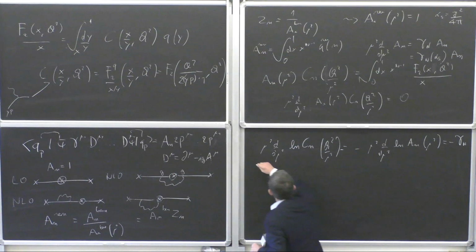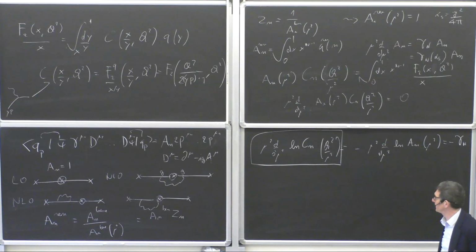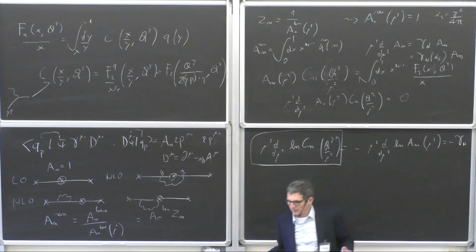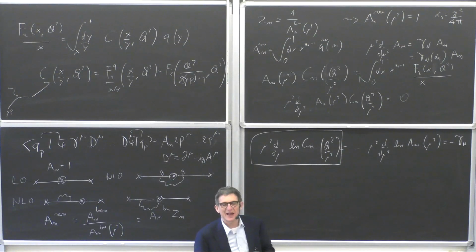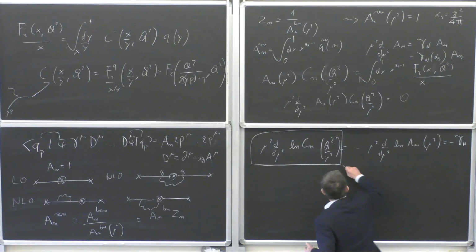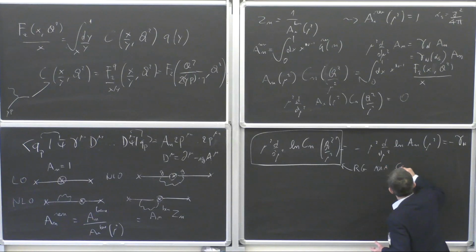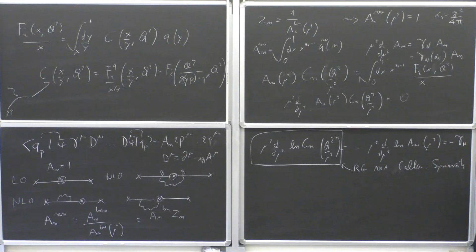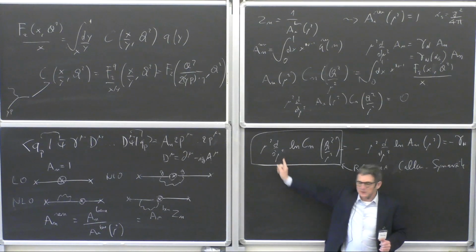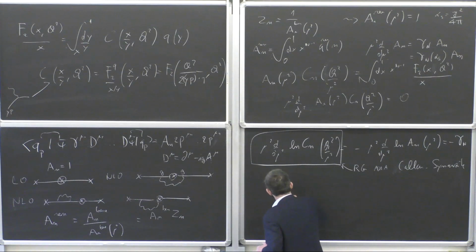And this is then something that we call the renormalization group equation for the Wilson coefficient, which we can solve. Solving this equation is standard. This is the RG equation, also known as the Callan-Symanzik equation, and I'm going to solve this equation here, which tells me that mu square d by d mu square